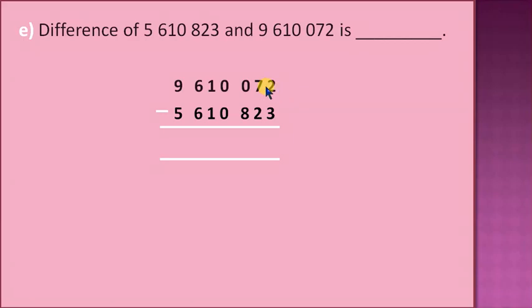You can see here 3 is not subtracted from 2, okay. We can't subtract 3 from 2. You can take or borrow 1 from 7. Now it is 12. Now 3 can be subtracted from 12.